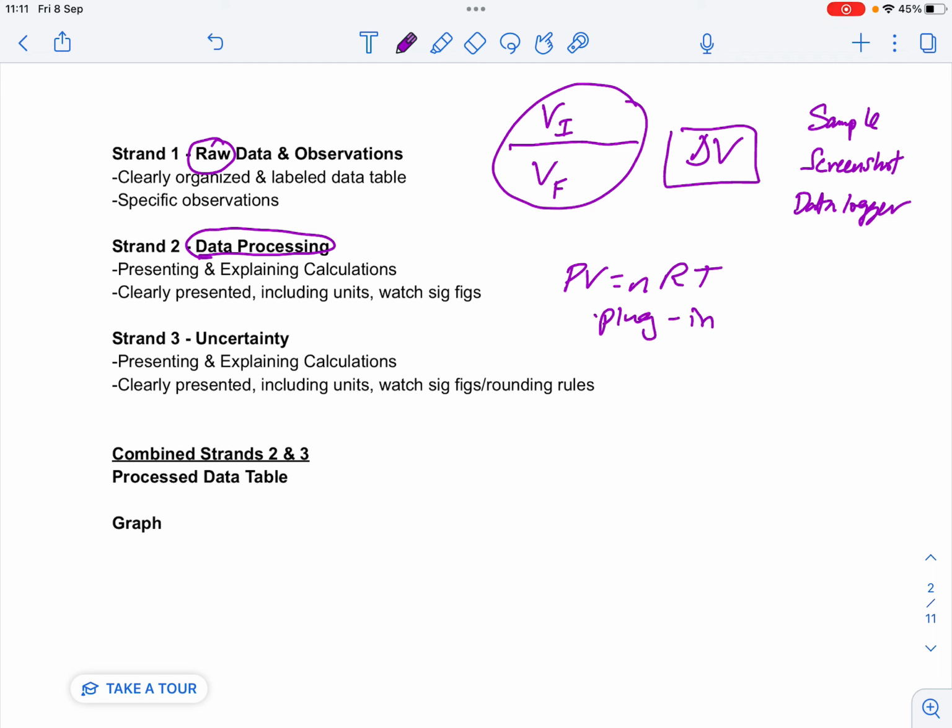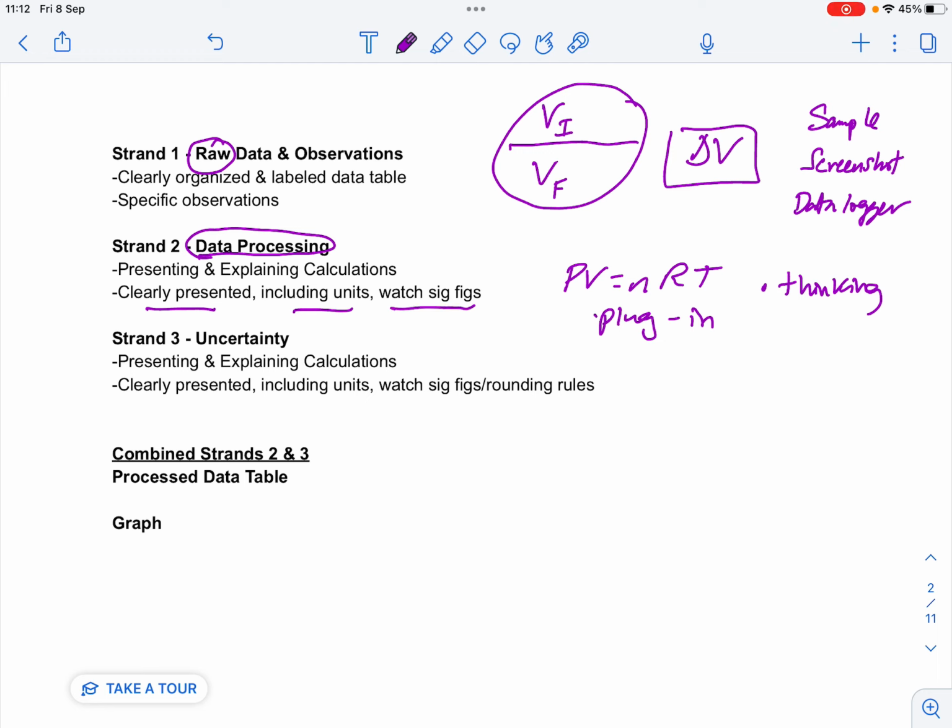Depending on the processing you're doing, you might need to justify or explain a decision that you're making. So it's always good to explain your thinking. But if it's an obvious everyday chemistry approach, like converting from grams to moles, you don't really need to explain your thinking. You can just show the processing. Make sure it's clearly presented. Make sure it includes units. Including units within the calculations will help the clarity of the presentation.